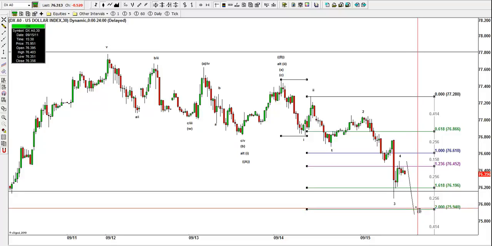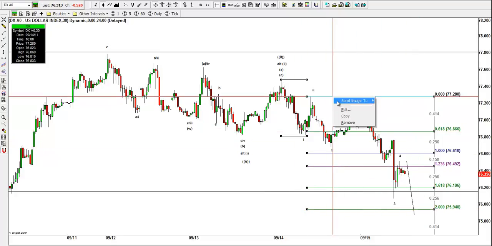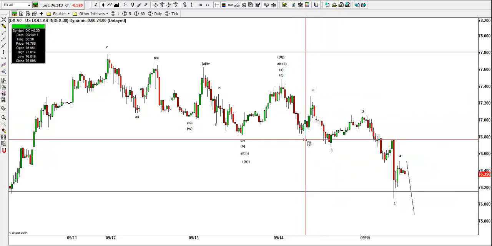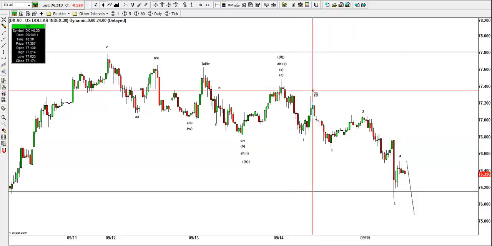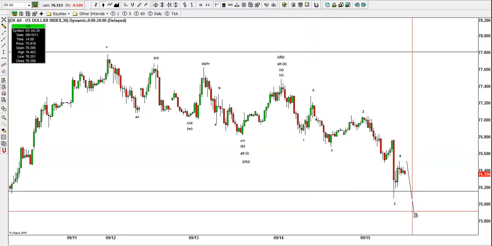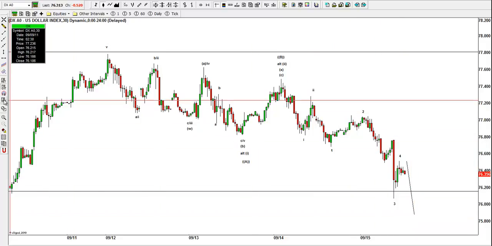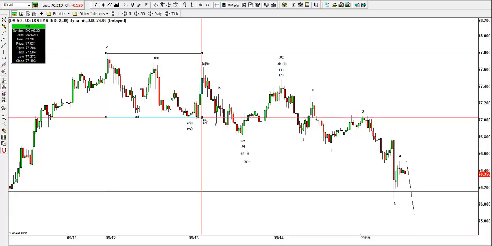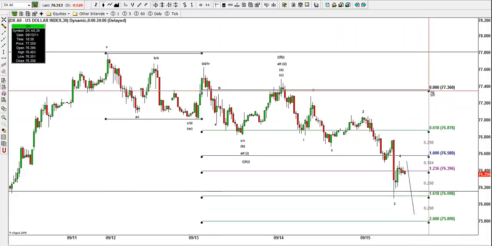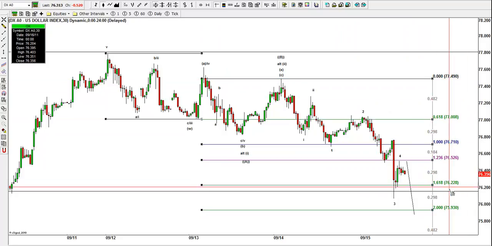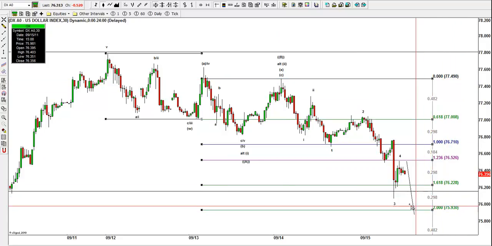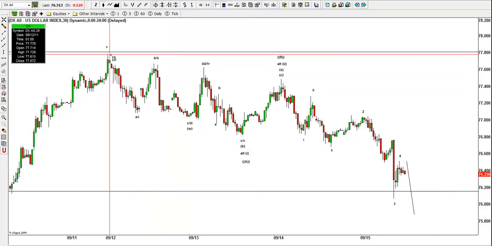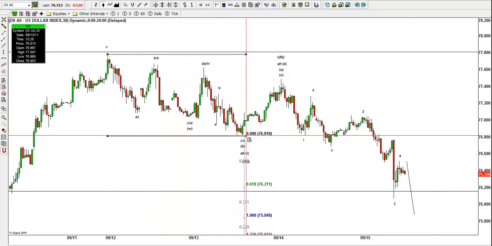Now when that happens, what you're gonna get is 3 waves from here. Why? Because you got A of 1, 2 of B, and then the third wave right here. Now let's see if it's related to the first leg in some degrees. From here, it's gonna be twice the size of the first leg. Perfect. Now if we label this as a leading diagonal, then